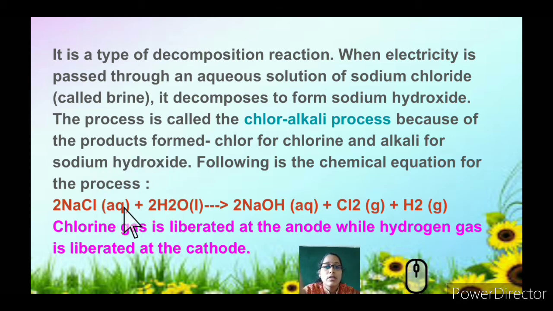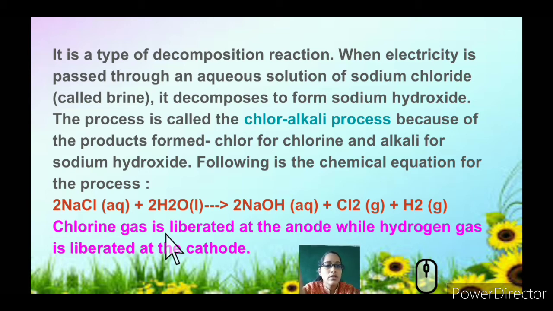compounds into particular ions. Sodium combines with hydroxide in the water and forms sodium hydroxide, and chlorine is released in the form of gas, and also hydrogen is released in the form of gas. So the product formed here is sodium hydroxide, and chlorine and hydrogen gas are released. So where is chlorine gas released? We know that